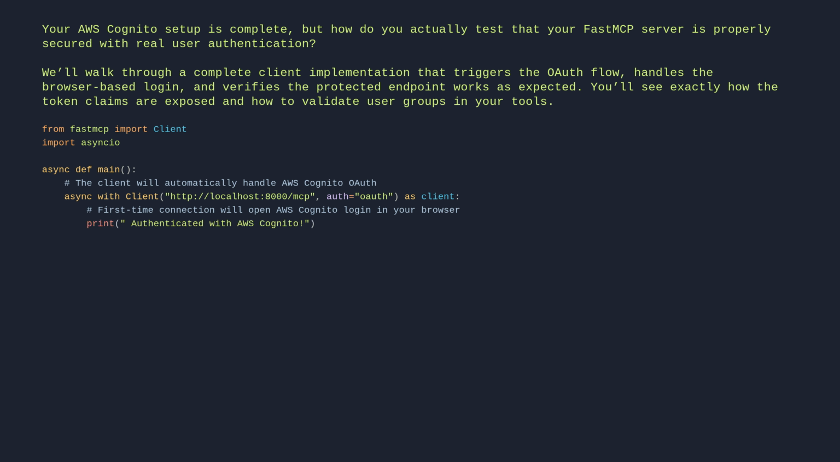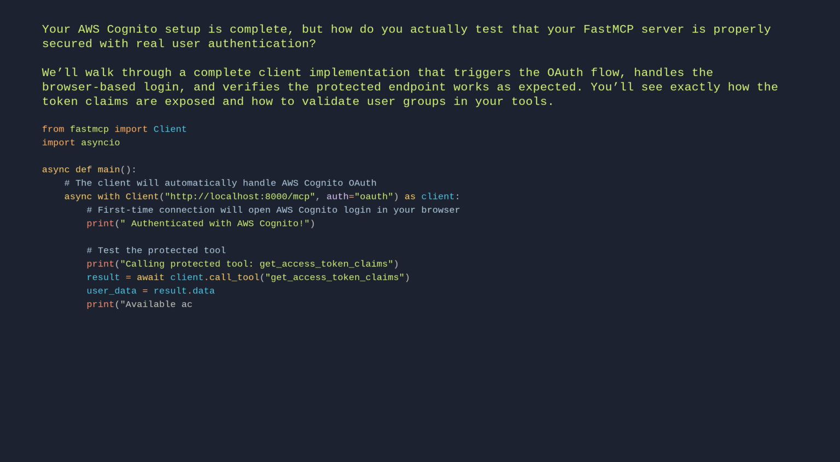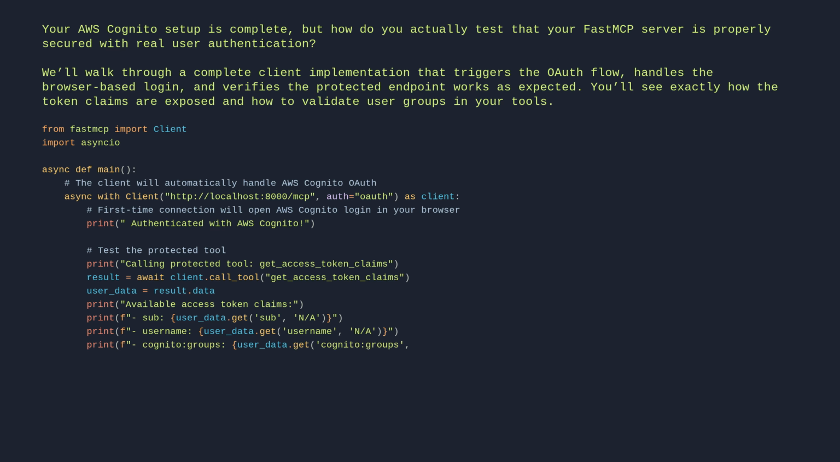# Test the protected tool. print("Calling protected tool: get_access_token_claims"). result = await client.call_tool("get_access_token_claims"). user_data = result.data. print("Available access token claims:"). print(f"sub: {user_data.get('sub')}"). print(f"username: {user_data.get('username')}"). print(f"cognito:groups: {user_data.get('cognito:groups')}"). if __name__ == "__main__": asyncio.run(main())